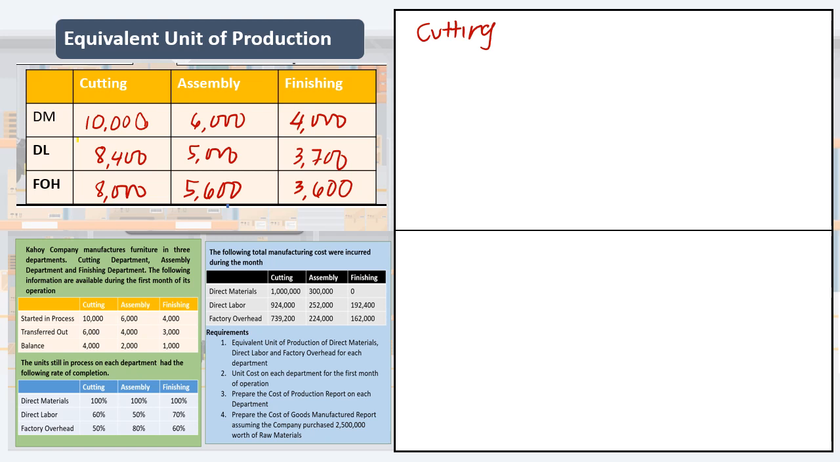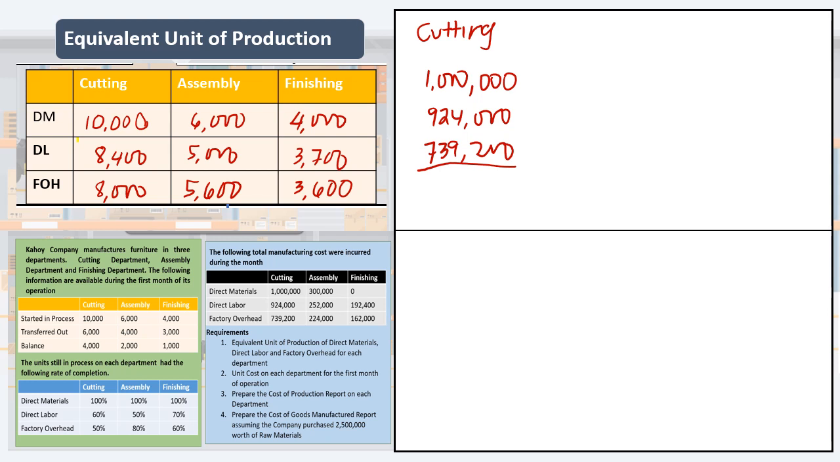For the direct materials, the cost incurred is 1 million pesos. Let's put here 1 million. For the direct labor, we have 924,000. Then, our factory overhead, we have 739,200. Okay? So, the total manufacturing cost of the cutting department is the total of all those. So, let's compute. 1 million